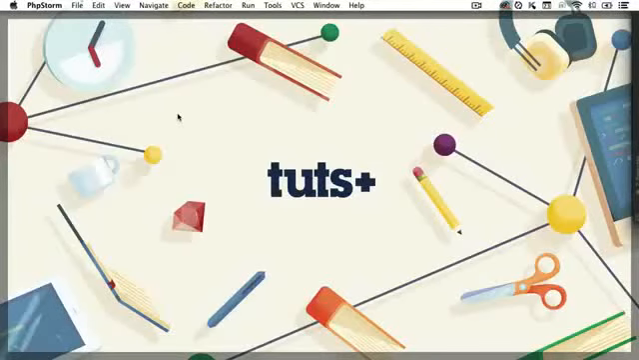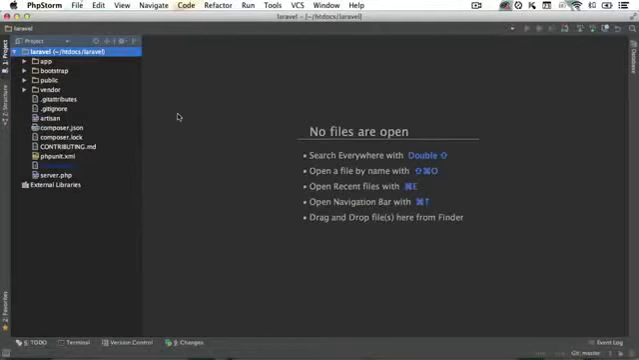Hello and welcome back to Getting Started with Laravel 4. In the previous video we set up a users table using migrations. Now in this lesson we'll have a look at different ways to fetch users from that table using Laravel's powerful